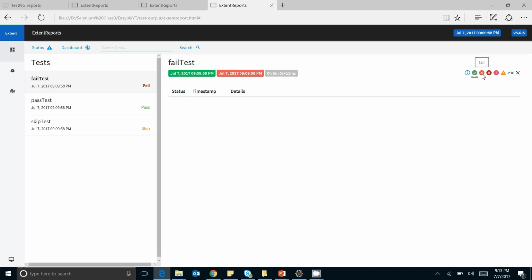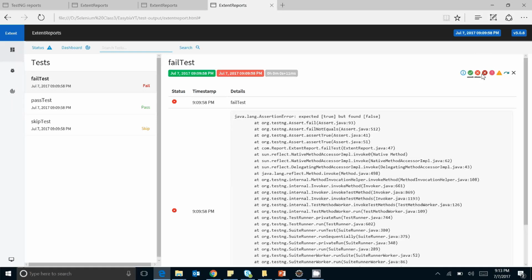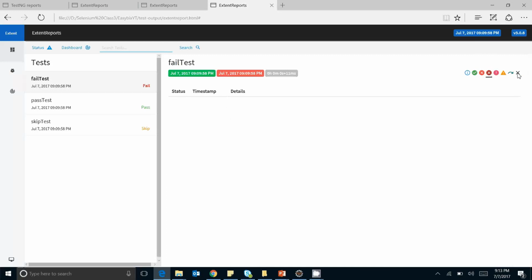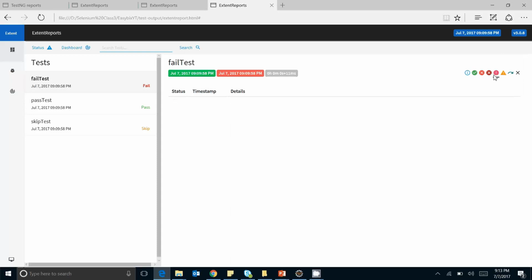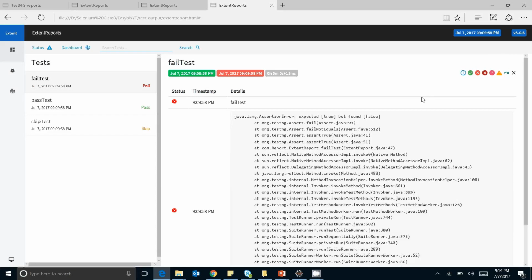If I click on fail, it will show me only the failed step. If I click on fatal, I need to clear it first. I need to clear all. Click on fatal, then I am getting nothing. Clear this because no fatal error was present over there. If I click on error, because no error was present in the test case, I am getting nothing. So I need to clear it. In the same way, you